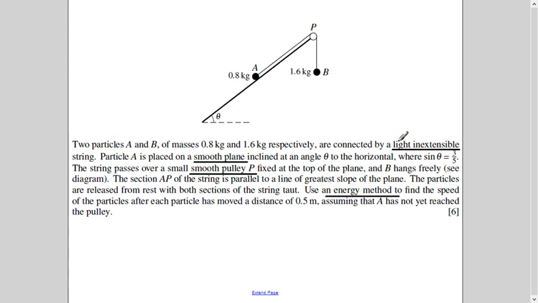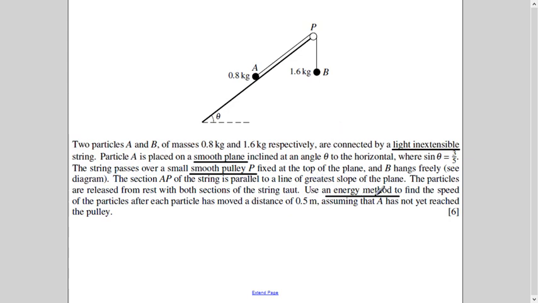And these two important things, light inextensible string and smooth pulley. Sometimes when the question asks what assumptions you are making to solve it, you need to mention them. That's why I just mention it. It is always told to you in the question. When it is not given and the question is asked, then you can mention it.